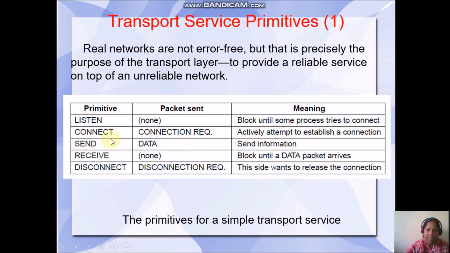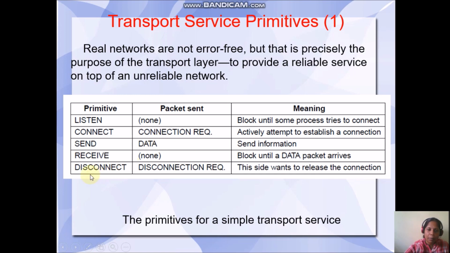Now send. Send means we are sending some data from the client side to the server. So the packet sent is data; earlier it was a connection request. Send some information. Then receive. Once data is about to be sent, the process at the other end will block until the data packet arrives.